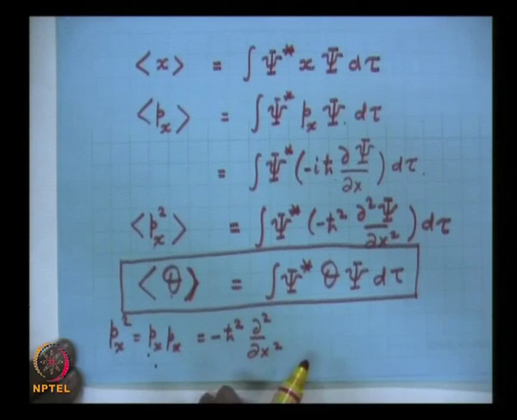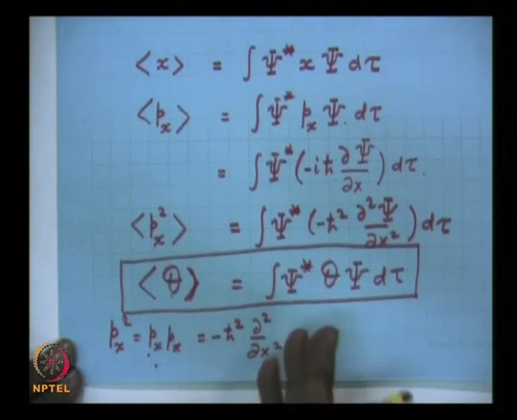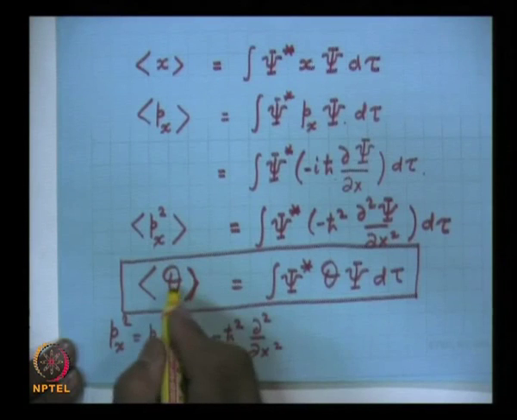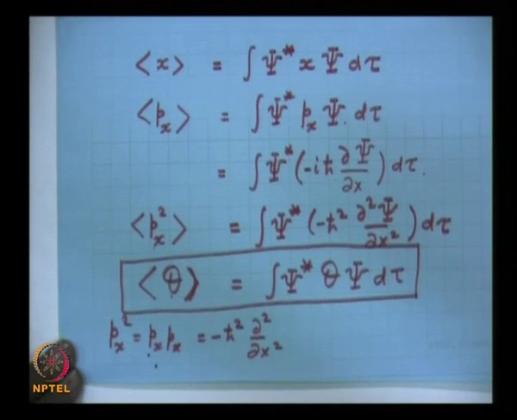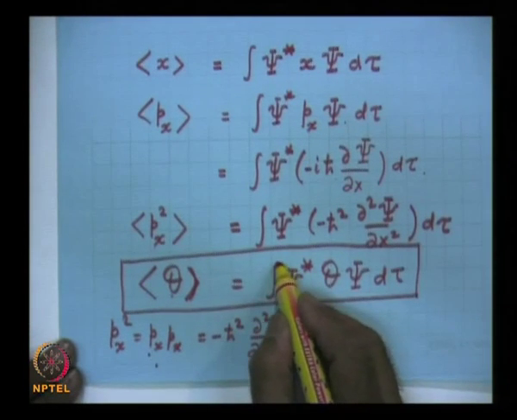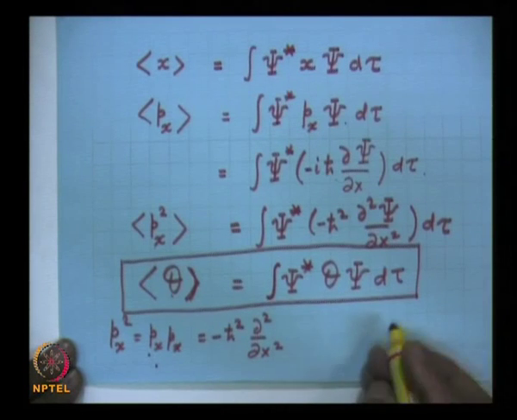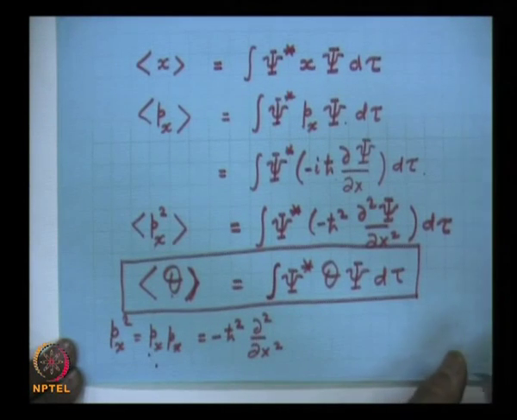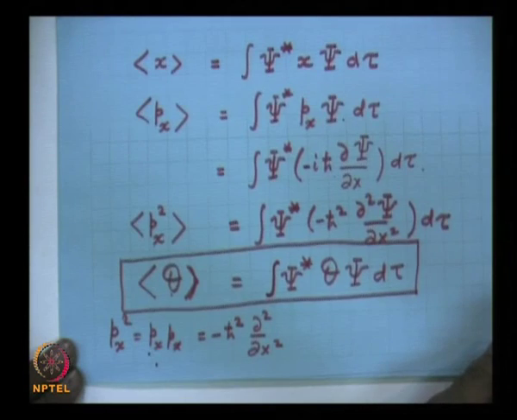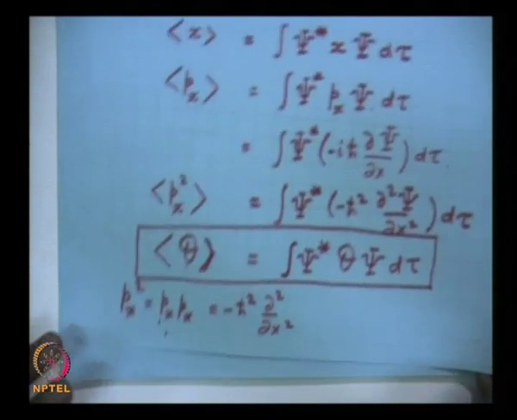In general, if I want to make a measurement of a dynamical variable represented by O, and if I want to find out the expectation value, then all that I have to do is to integrate psi star O psi d tau. I am assuming that the wave function is normalized. With this, we will